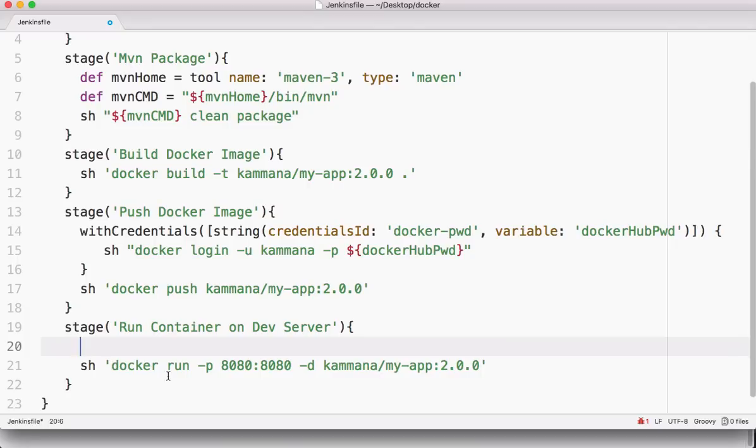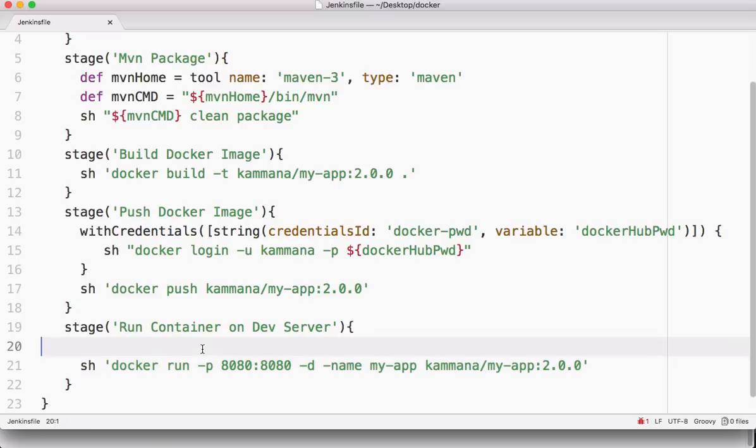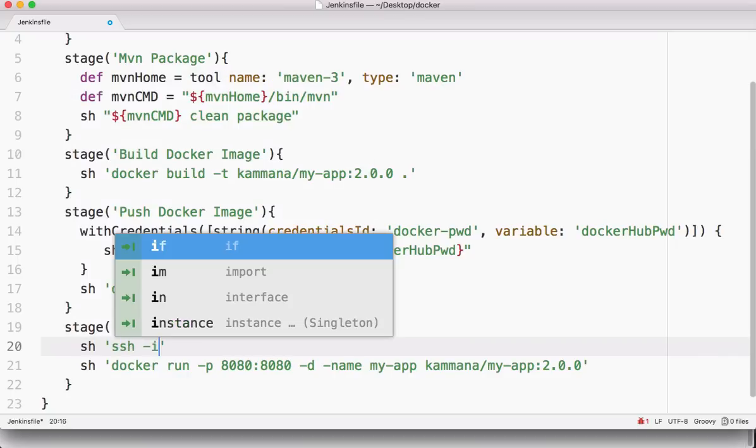Let me do one thing here. I also want to give a name to this container, with --name my app. When you run the container, if you don't mention this name explicitly, it is going to give a random name, but for some reasons I want to give this name in this case. And this command I want to run on a remote machine. For that, I want to do something like this: ssh -i,